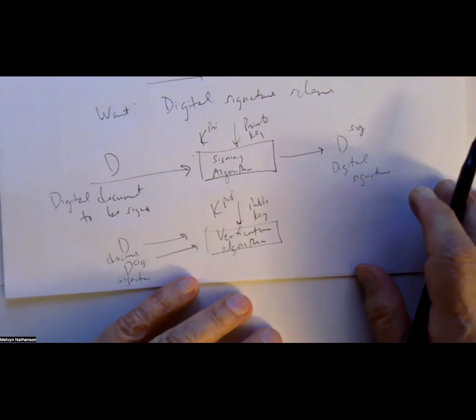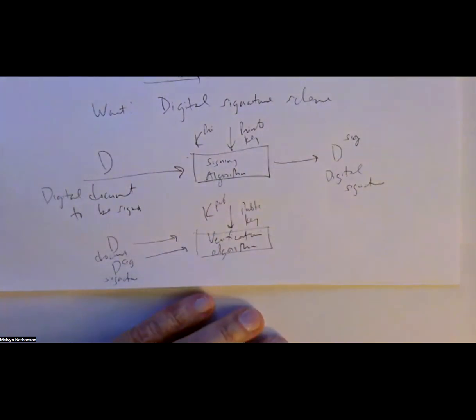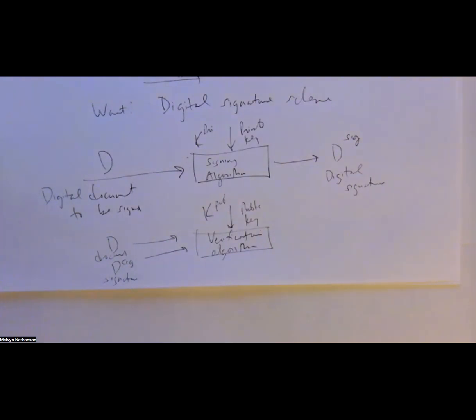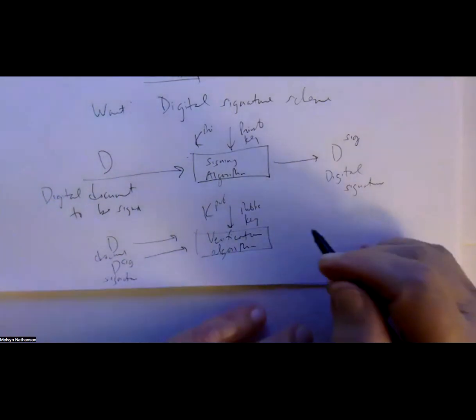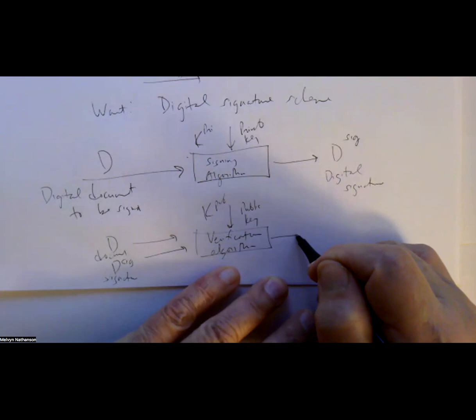So you have a document that you want to send out, and you want people to be able to verify that it really is you who sent the document. The document's not secret, but you want people to trust the document that you sent. So along with the document, you send your signature. So everyone in the world can get the document and can get your signature, but how do they know it's truly your signature? So there's some verification algorithm. There's some public key that you can apply to the document and the signature to check that it's really your signature. And the output of this